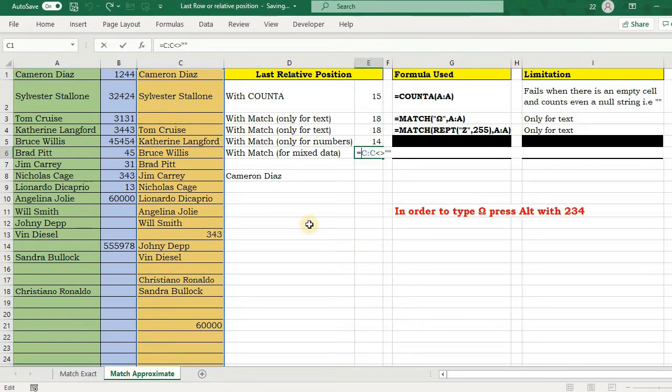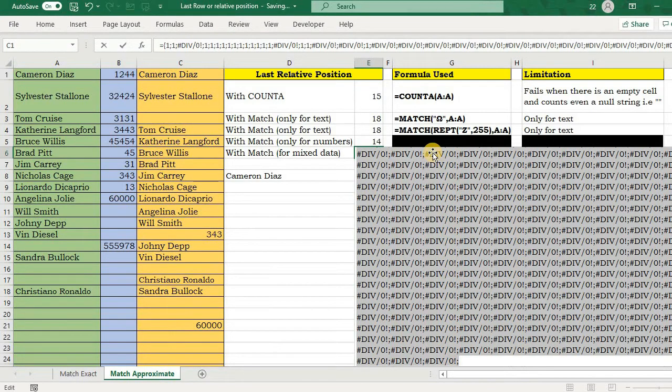So this is giving me TRUE or FALSE, that is, it is empty or non-empty. Now I will divide 1 by this logical test, and now I'm trying to check what value it is returning to me, and press F9. See, 1 by TRUE gives me 1, 1 by TRUE gives me 1, and 1 by FALSE, that means 1 by 0, gives me a division error.